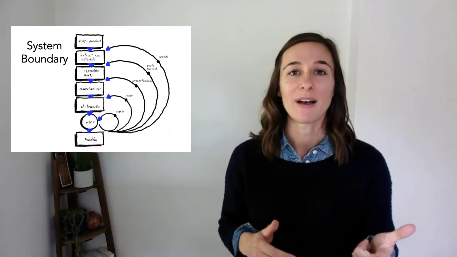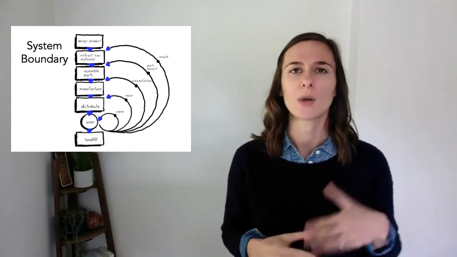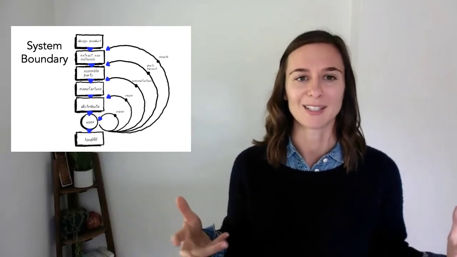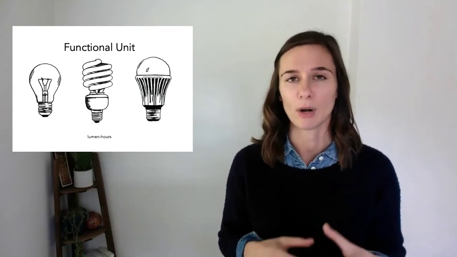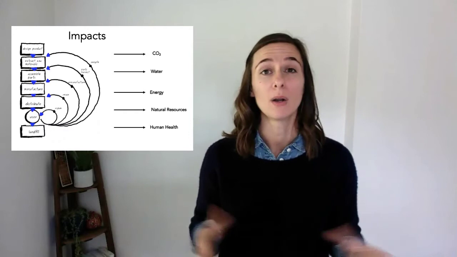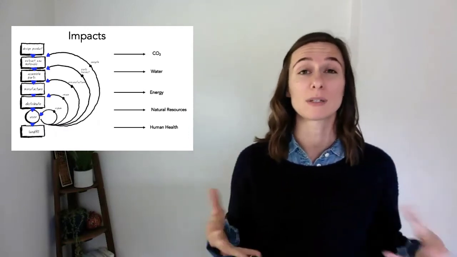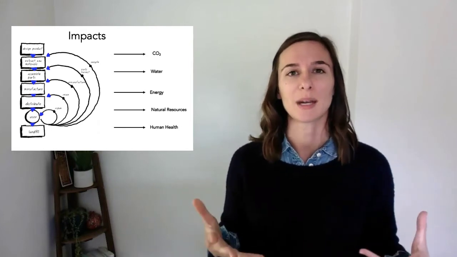You need to develop a systems boundary. You can't measure everything at once, so you have to decide, okay, what are the bounds of my system? What am I paying attention to? You have to choose a functional unit or something to compare across. And you have to determine what are the impact categories that you care about. What really are those resource impacts, the environmental impacts that you are wanting to understand and communicate about using your LCA. So in this video, I'm going to dive into those a bit deeper and give you instruction on how you actually go about conducting an LCA.